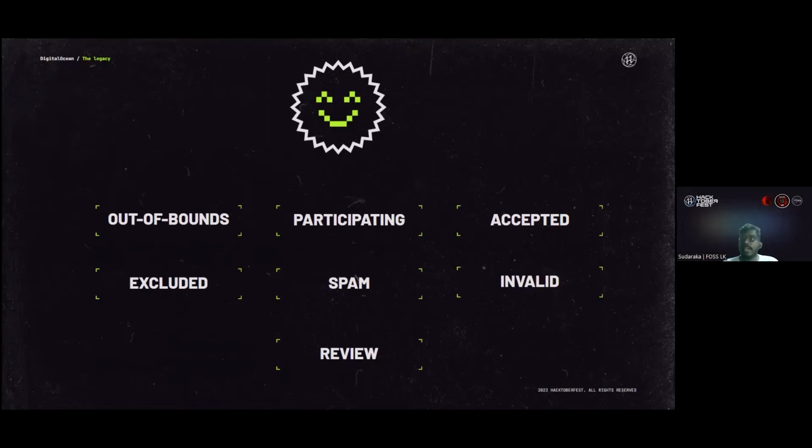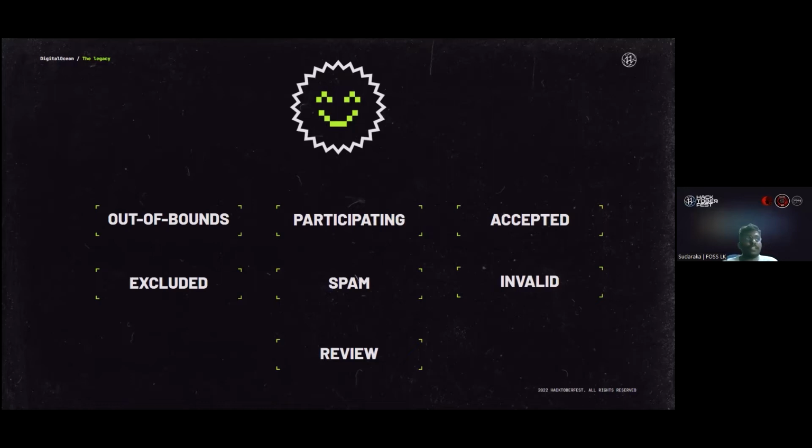An invalid PR is treated the same as a spam request. For example, if you make an invalid change, say without fixing the bug you create another bug, the relevant maintainer will not accept your PR, and might label your PR as invalid. If that happens, Hacktoberfest will also disqualify you as a participant in the competition.